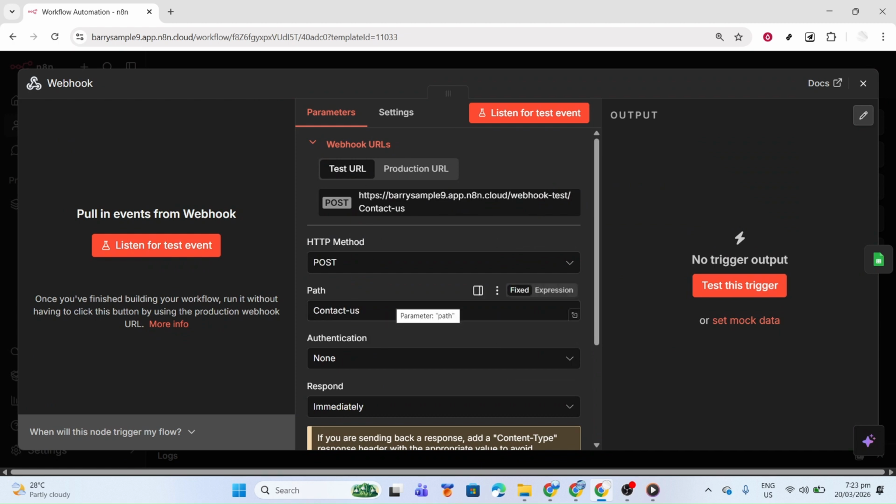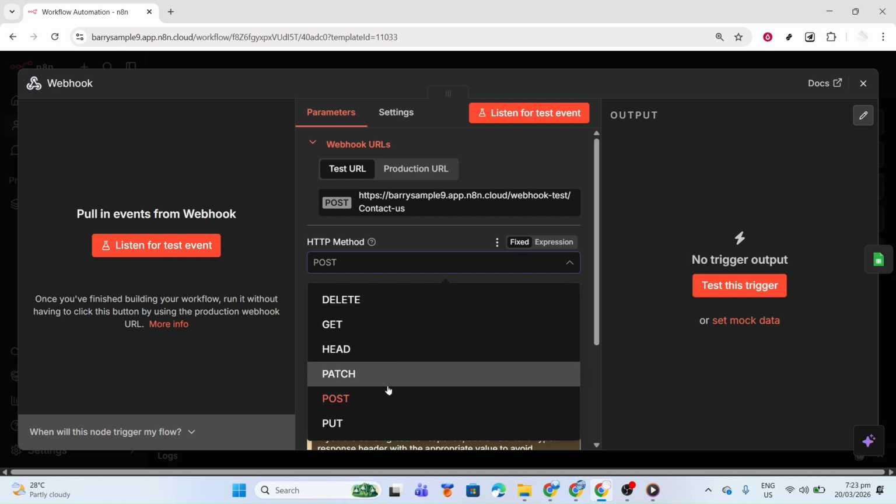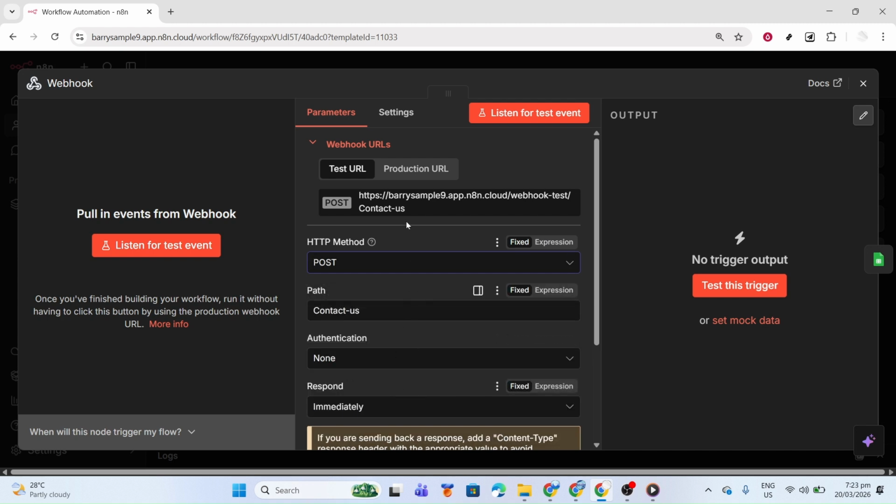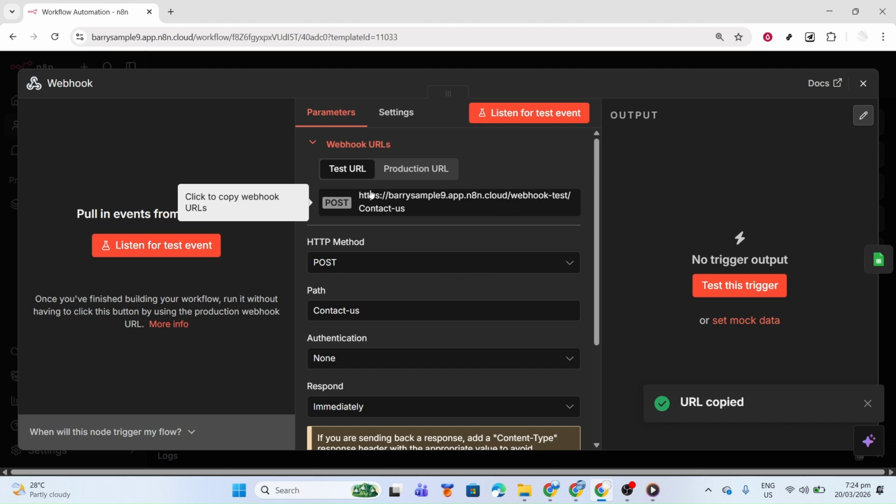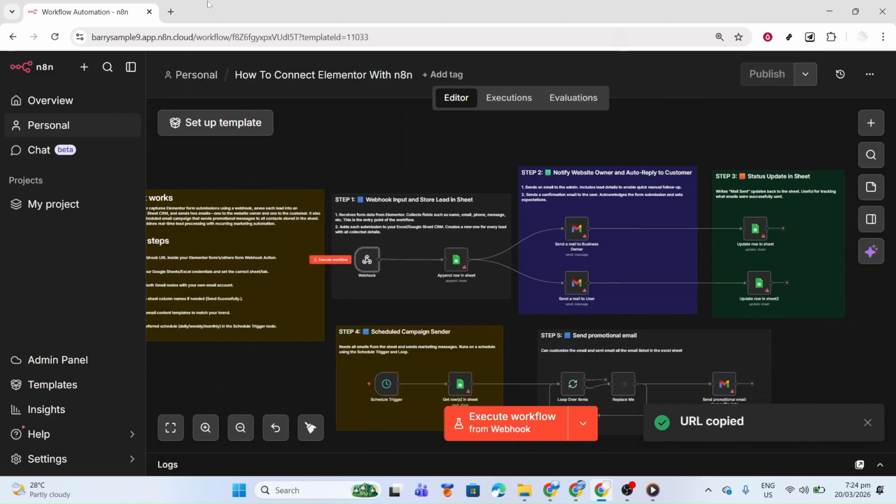Set the method to POST and choose a path like contact-form, or any short memorable name you prefer. Save the node, then copy the webhook URL. We'll paste it into Elementor shortly. Next, click Listen for Test Event on the webhook node. n8n is now actively waiting for a test submission, so keep this tab open until you send data from your